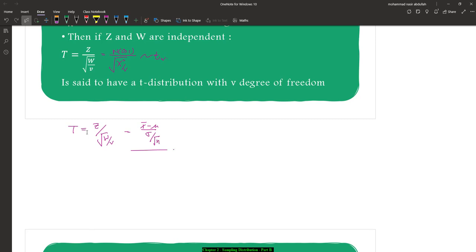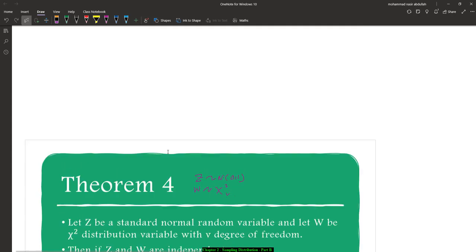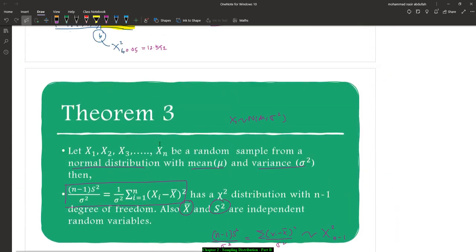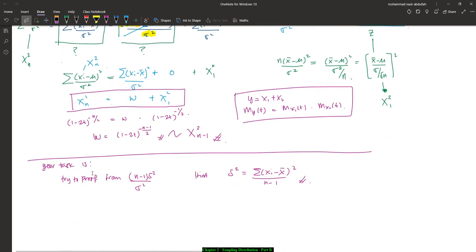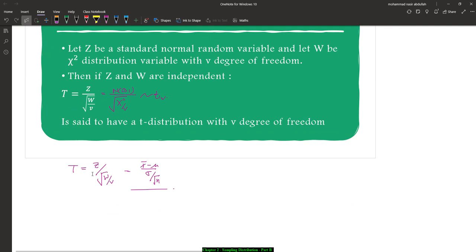And based on theorem number 3, n minus 1 s squared over sigma squared is having a chi-squared distribution with n minus 1 degree of freedom. So let's say we try to